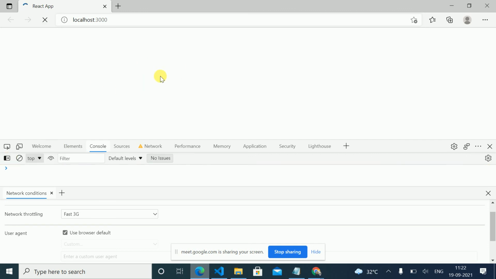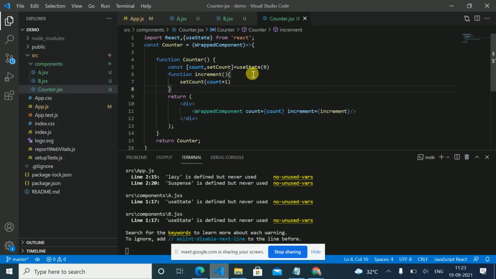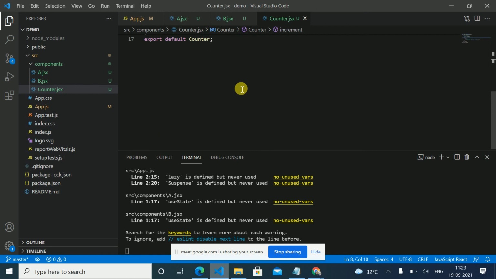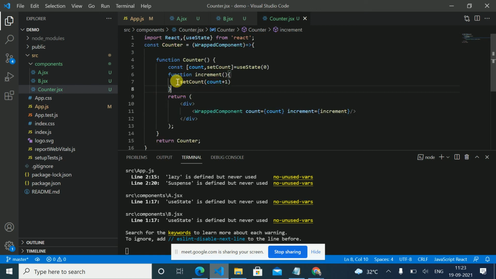I'm going to refresh. Okay, now let's check. So the value is increasing. Okay, and when I click here, the value is also increasing. So now I have created Counter as a higher order component, and I have all the common business logic in this. Okay, and in this counter,